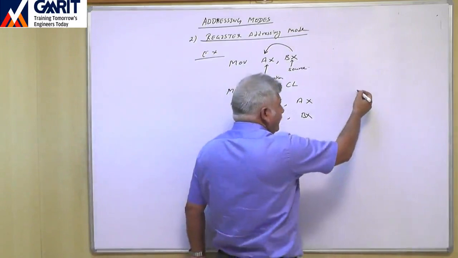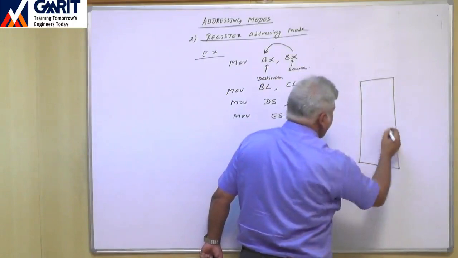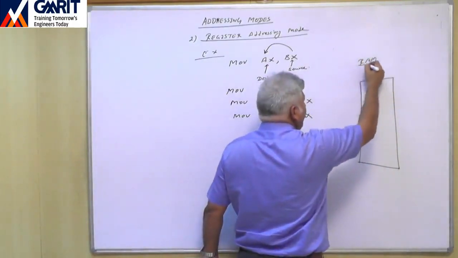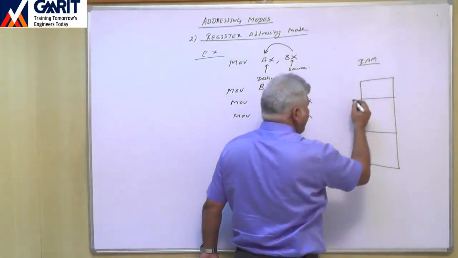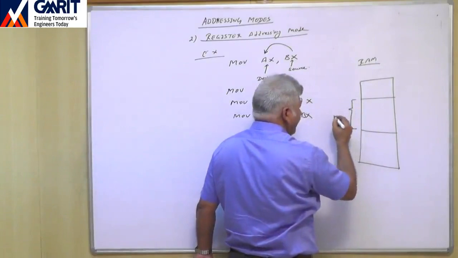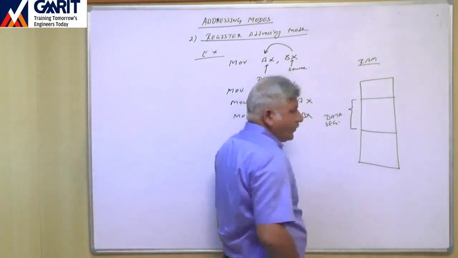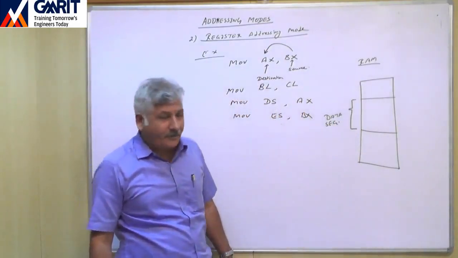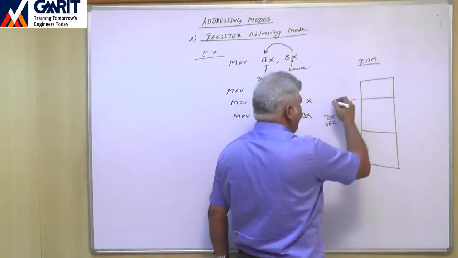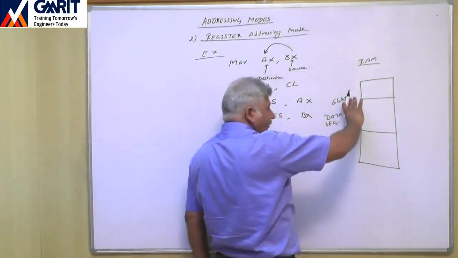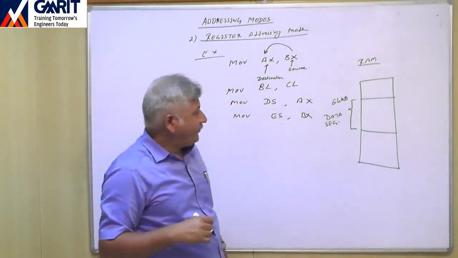So suppose in our memory, suppose this is our memory RAM. In the RAM, let us assume we want to make this particular area as our data segment. Right? This particular area we want to make as a data segment. And suppose this is our 64 KB. Now, if this area we want to make it as a data segment, then we have to initialize our data